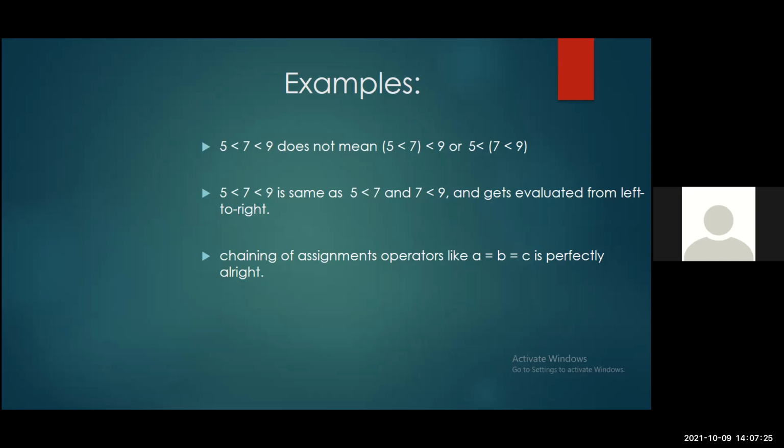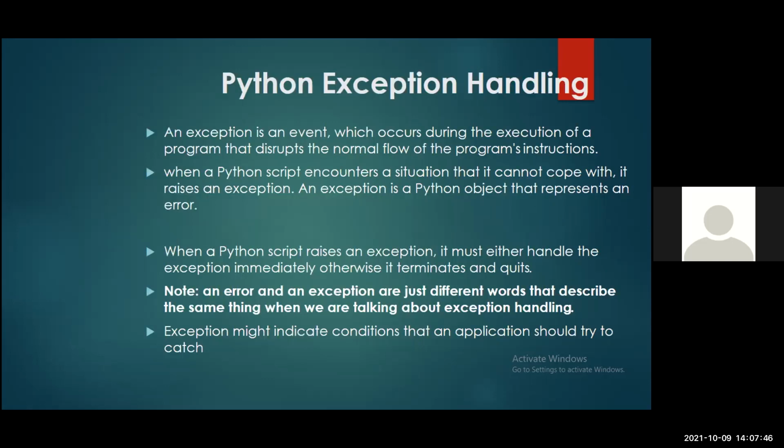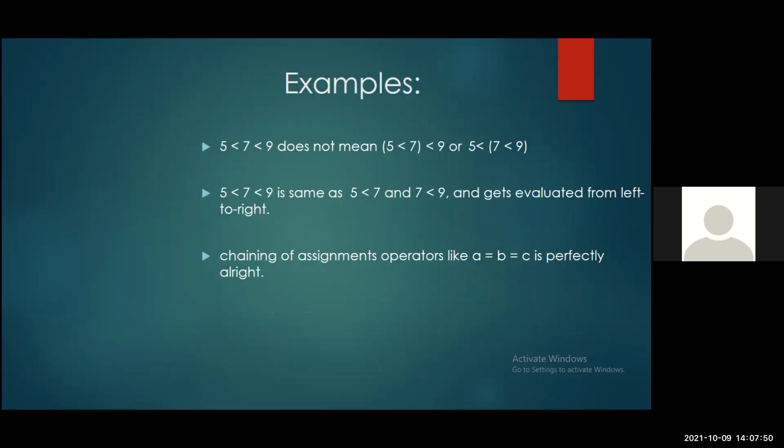Also in Python, we can have an assignment of a variable whereby you say A equals B equals C equals 3. So you can use this to assign one single value to three different variables. Yes, so that is all about precedence and associativity. Perhaps you have any questions in this regard.